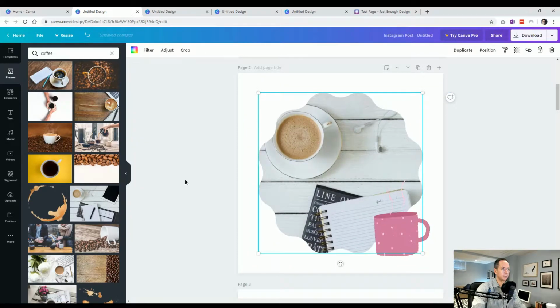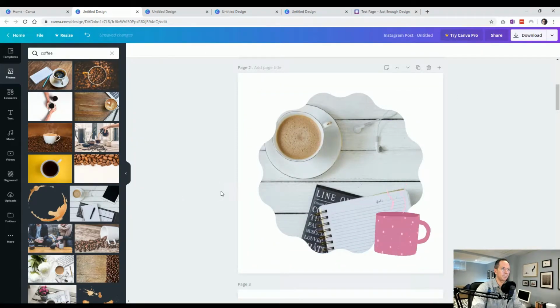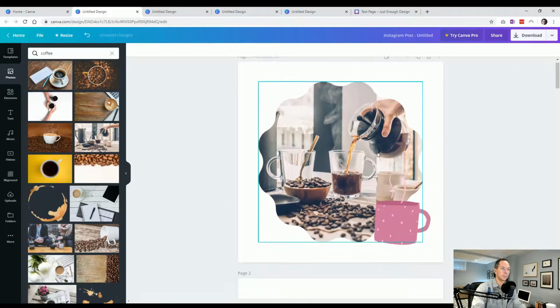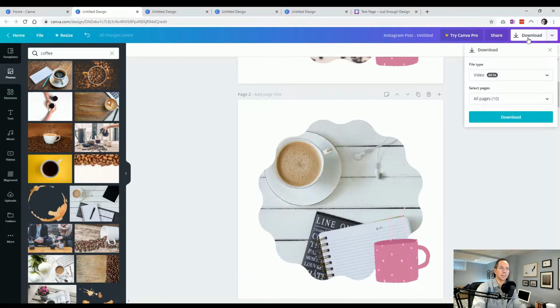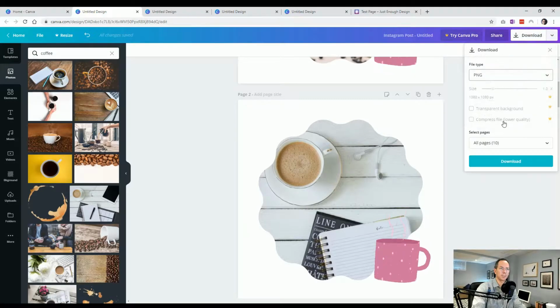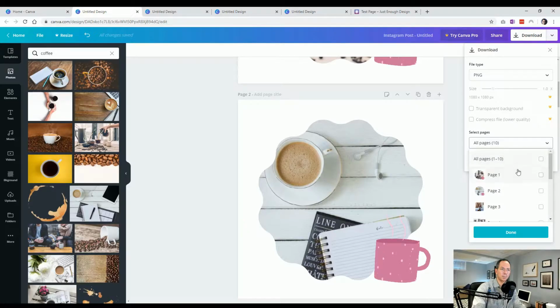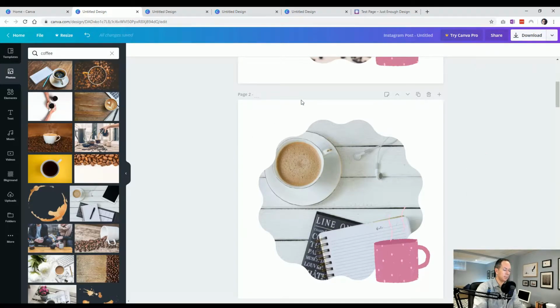Double click, go into it, I want to have more version of that coffee. All right, and now when I download it, as opposed to downloading the first one, I can just download the second. So again, we'll go PNG, I hit download, selected PNG, and now I can choose just the second page that I just wrote. Second image,